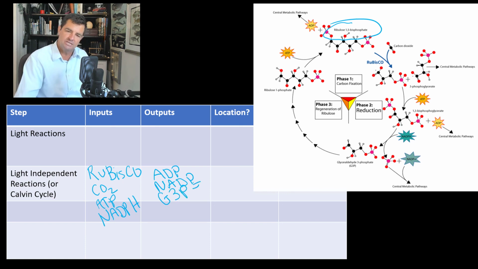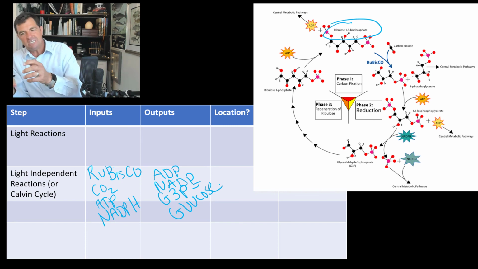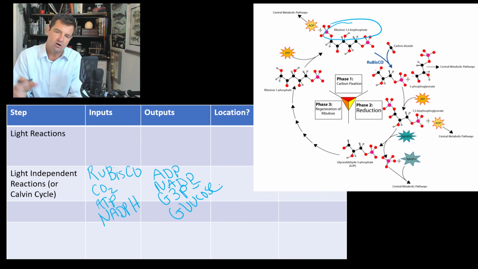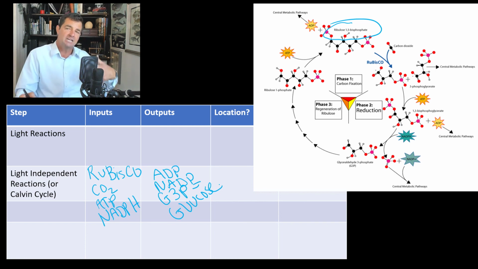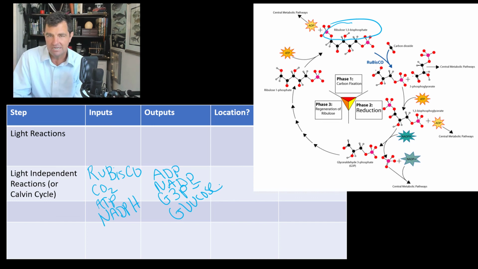And the way I like to do it is G3P, and then I like to do glucose, because what you see in all the images almost always is that what you're making is this glyceraldehyde 3-phosphate, G3P, but that is one of the intermediate steps in the breakdown of glucose.